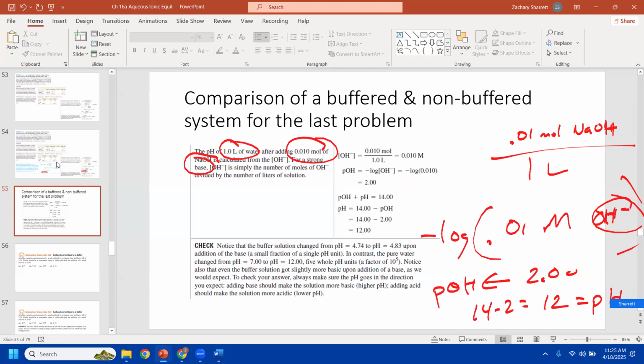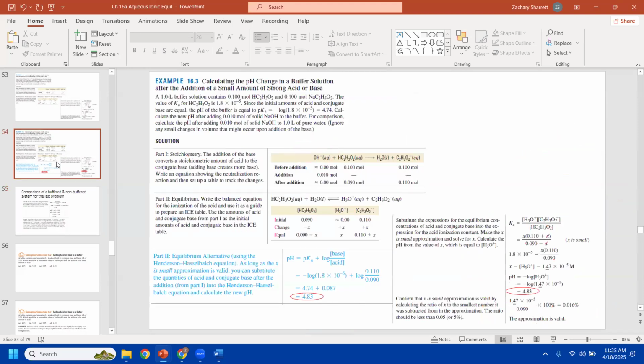So in this solution that started at pH 7 and went up to pH 12 after 0.01 moles of NaOH, how much did the pH increase in this case, Ian? It went from 7 to 12. How much did it increase? 5. In that last problem, we added